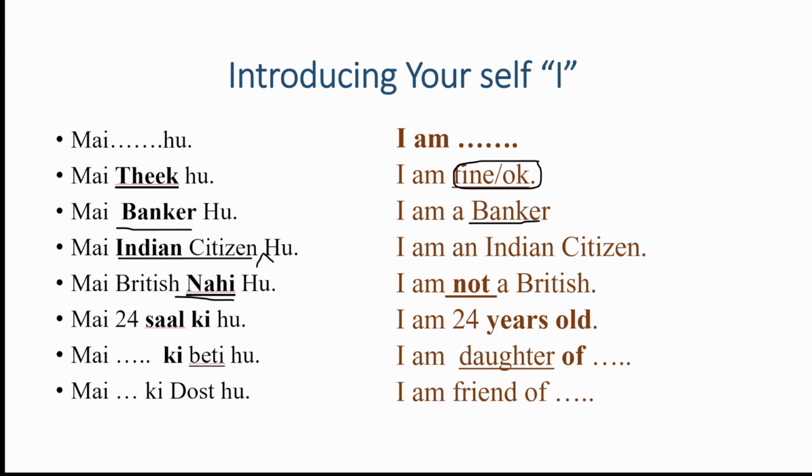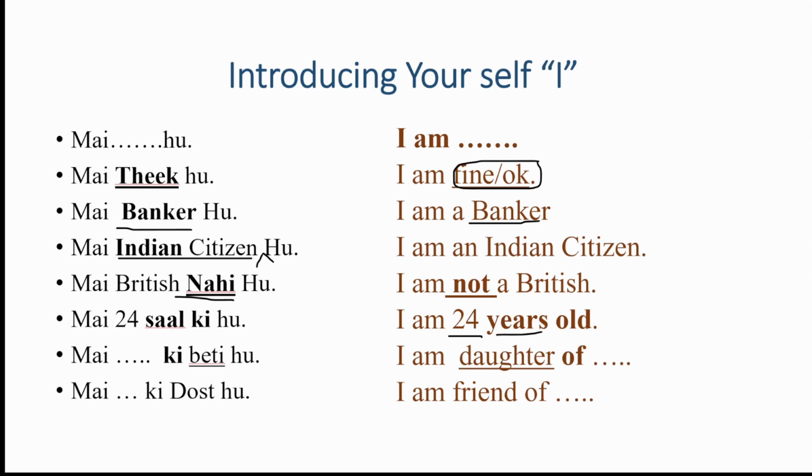Now if you want to talk about your age, you can say I'm 24 years old. The meaning of year is saal, we have already written. So I am 24 years old, मैं 24 साल की हूँ. For a girl it will be की, for a boy it will be का. If you're a boy, for you it will be मैं 24 साल का हूँ. Okay,